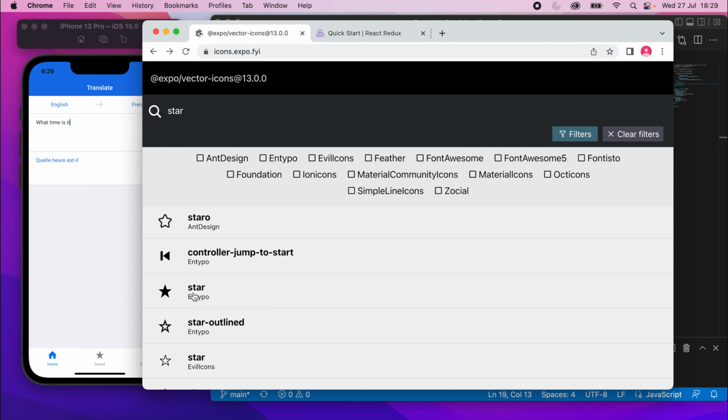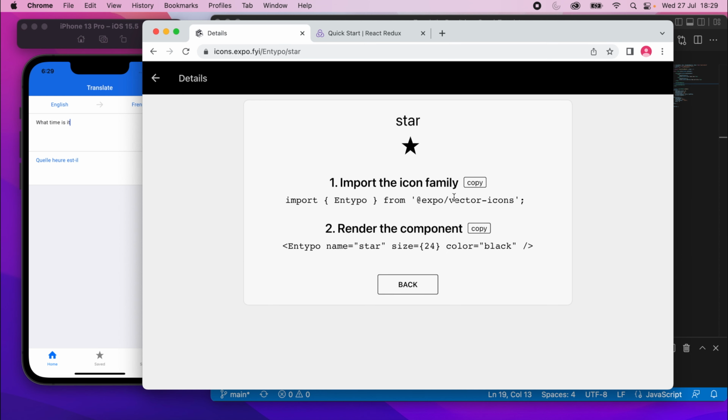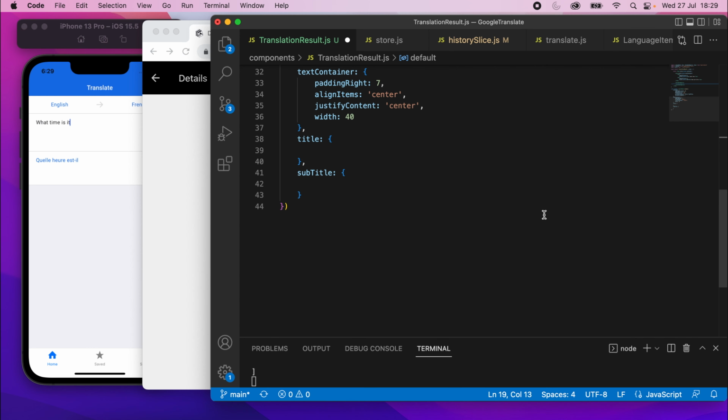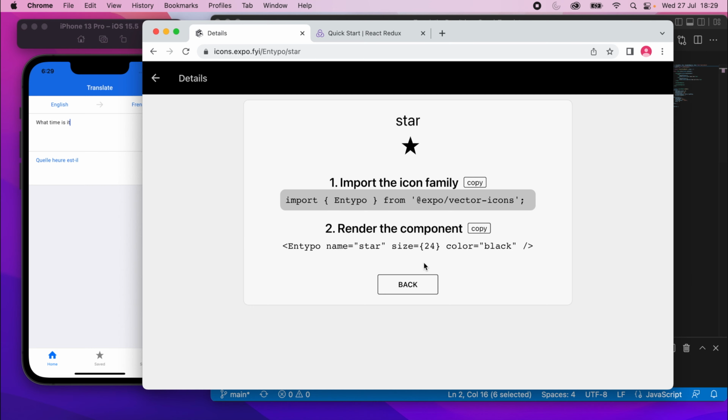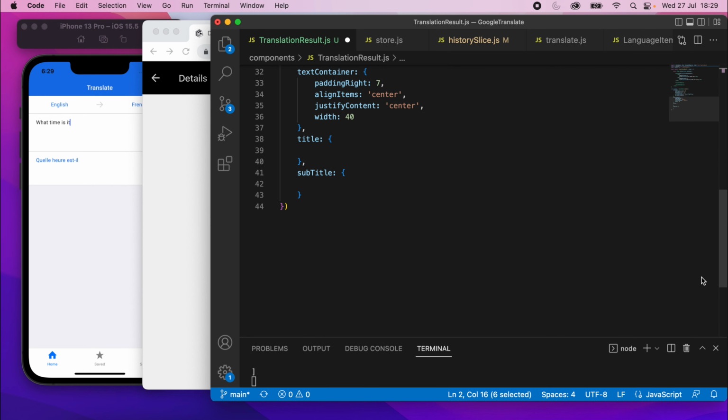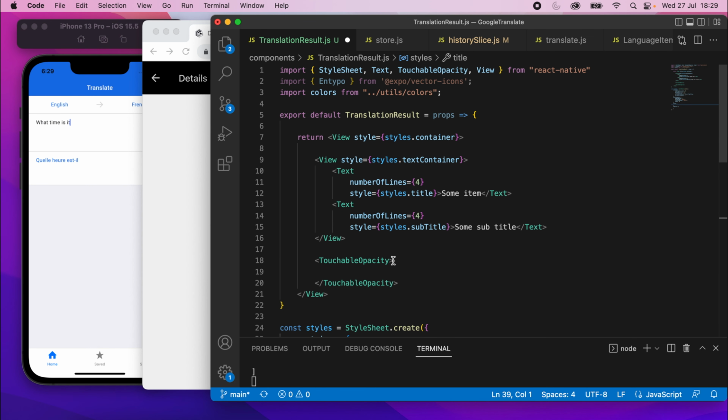I like the one from Entypo, so I can use this one. So I'll copy that Entypo import. We don't need the feather one that was already there, so replace that with the Entypo one. And then I can take this and just put that in the touchable opacity element, like that. So we'll come back and change the color shortly, and we'll also do the on-press shortly, but I will update